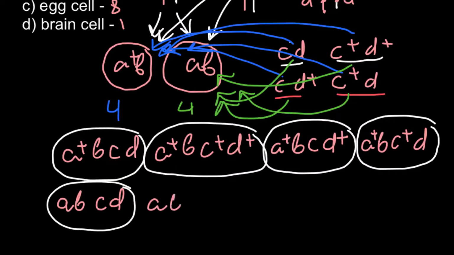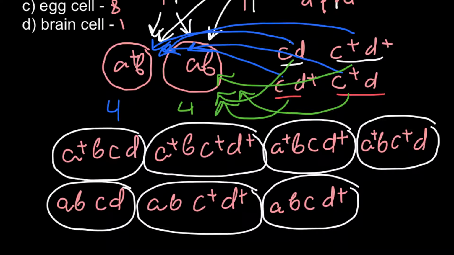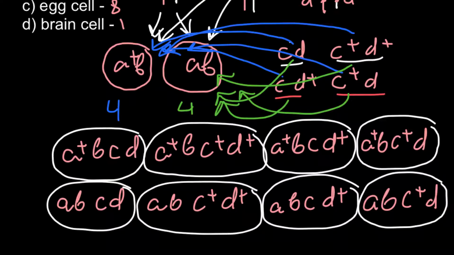So AB with C plus D plus, and we may also have A, B, and C and D plus, third variant. So this is going to be this variant. And the last variant would be AB would combine with C plus and D. So as you see, 8 variants of the X cells is possible, 8 variants of the genotypes, and of course